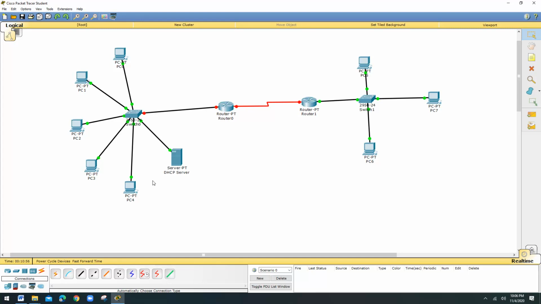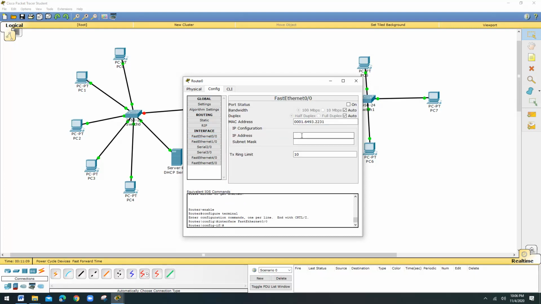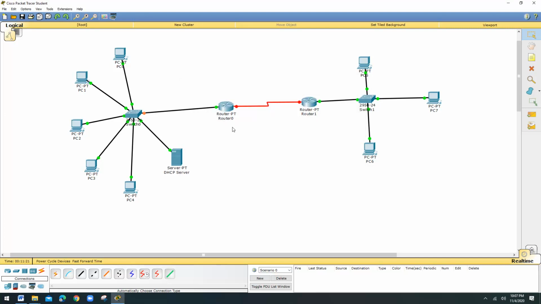Okay, 10.0.0.100 is the gateway we fixed. So in this place we have to give 100. Now I just click the router. I'm going for the FastEthernet0/0 interface. So the IP address here is 10.0.0.100, with the subnet mask, and the port status on. So for the gateway, that means this place, FastEthernet0/0, we fix the IP address.